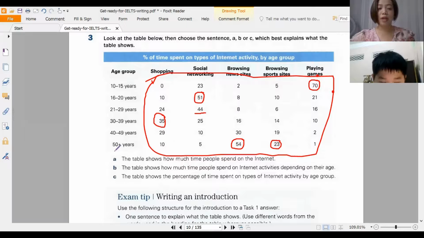Okay, now for example, look at this age group, 50 or more, the people who are over 50. What do they really like, or what do they spend a lot of time on? They spend a lot of time on browsing news sites and sports sites. Okay, that means